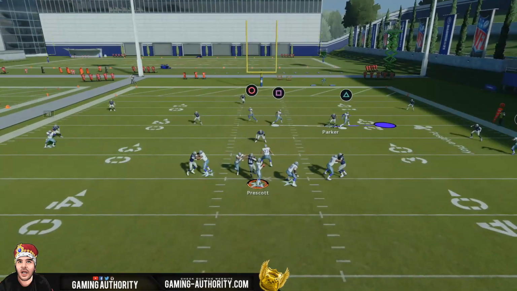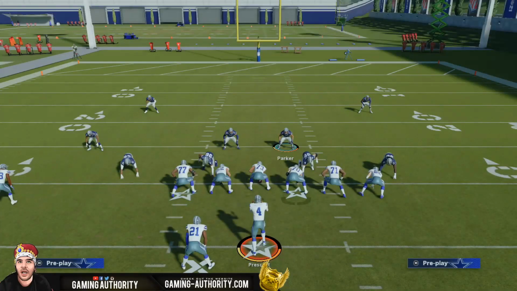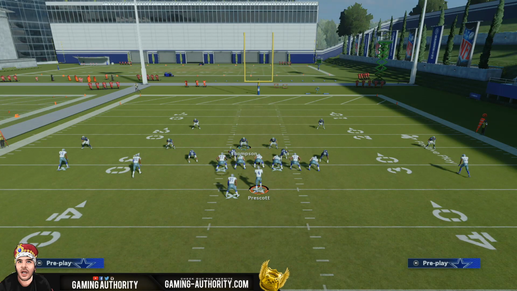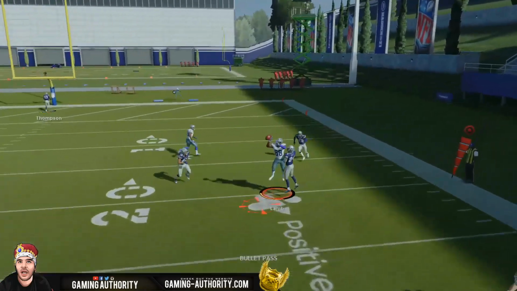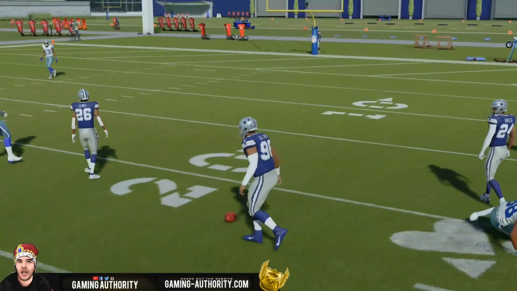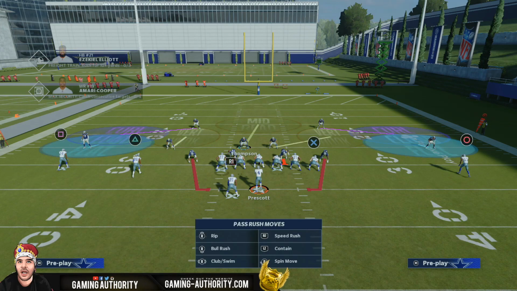So if they try to throw to those slants when they reach the other side of the field, that's going to be shut down. That's not going to be open anymore. Look, you have people there to make a play on the ball. So if you see your opponents going corner out or these slants that go opposite side of the field that are usually open for huge gains,